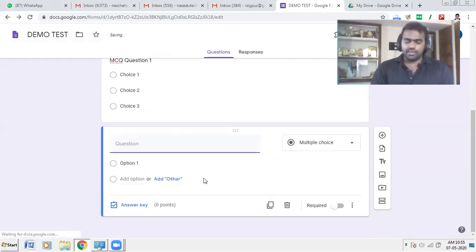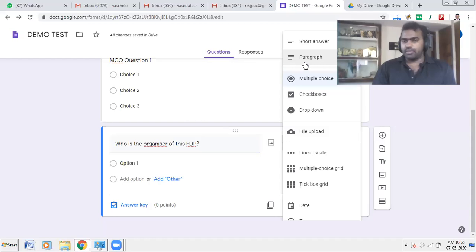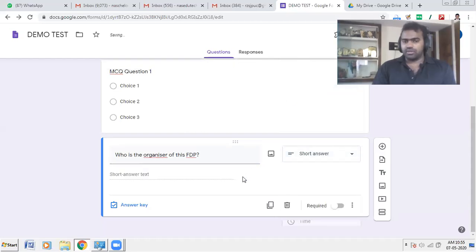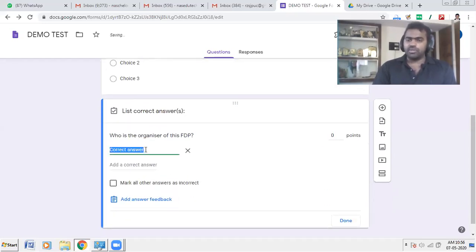I'll ask who is the organizer of this FTP. I'm making it a short answer question. You need to supply, that is, students need to supply the answer. So here I'll click answer key, and I have to see the possible answers like